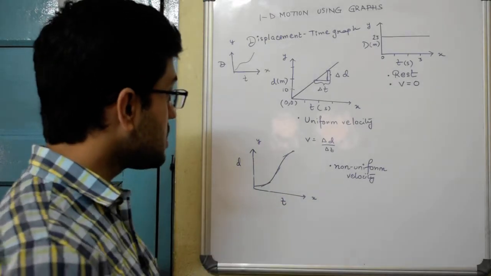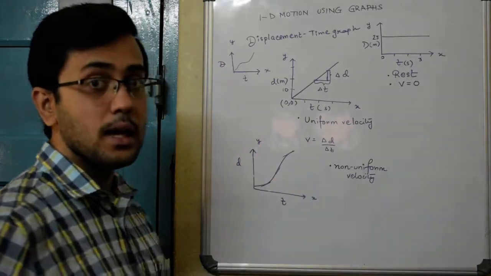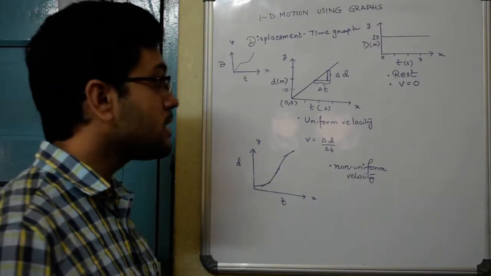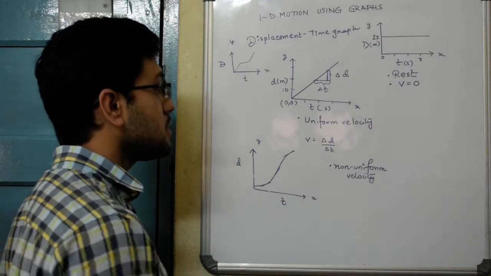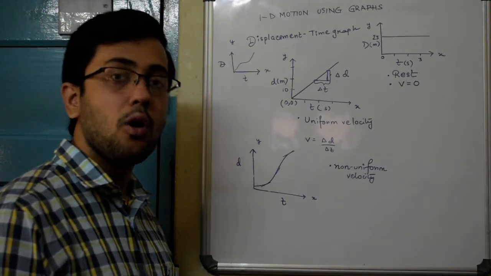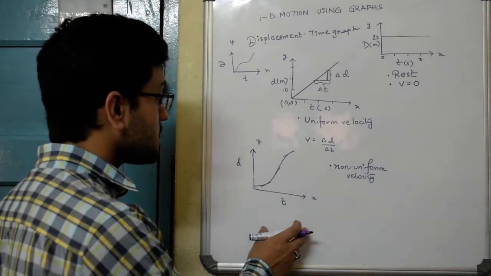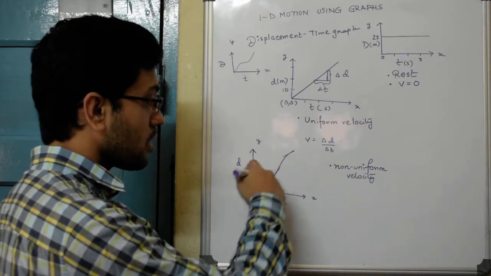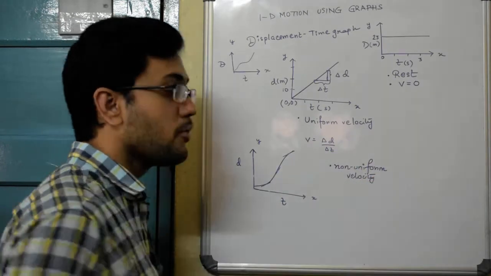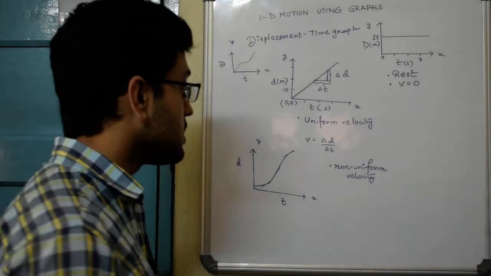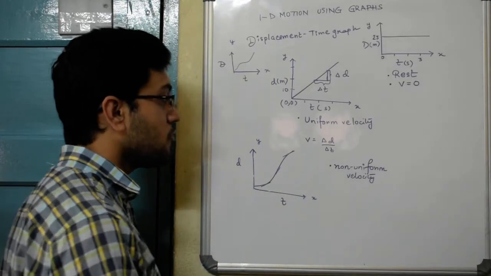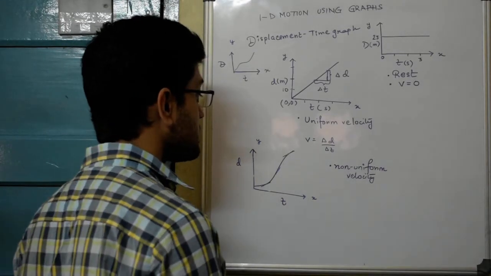So at every instant of time the slope changes, and because the slope of a displacement time graph itself is velocity, that means the velocity also changes. So this kind of graph means that the body is moving with a non-uniform velocity. And in that case, if you want to find out what is the velocity at any instant,